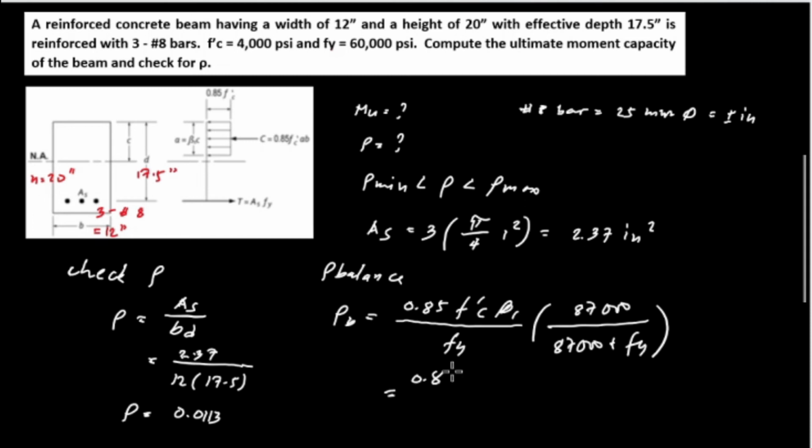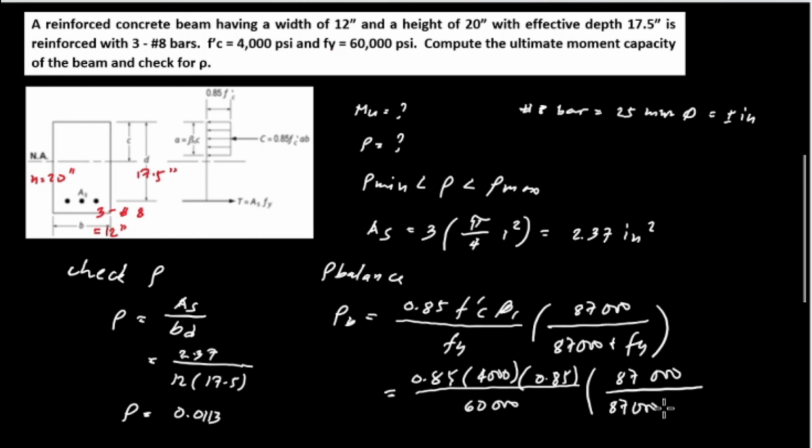and 0.85 times Fc prime, which is equivalent to 4,000, and beta 1, the constant or the factor for beta 1, it is 0.85, and we divide by Fy, which is 60,000, and multiply by 87,000 all over 87,000 plus 60,000,